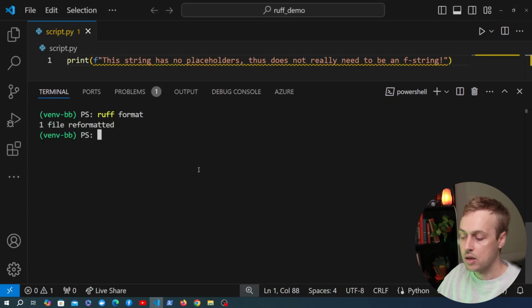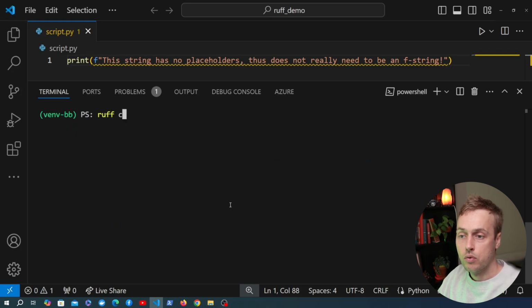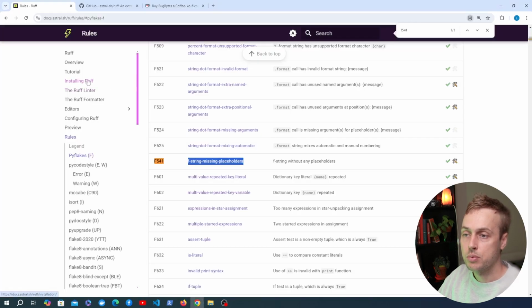So if I save this file and we run the linter with the Ruff check command, you can see that rule is appearing here. And again, it's an easily fixable rule. We can run the Ruff check with the --fix flag, and it's going to fix that by removing the empty F statement. Now I want to move on to configuring Ruff here,